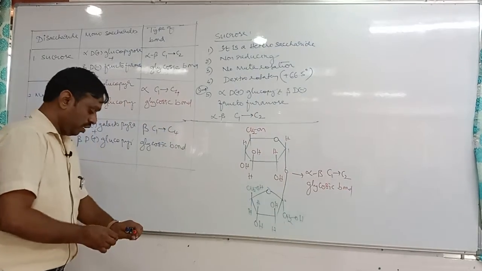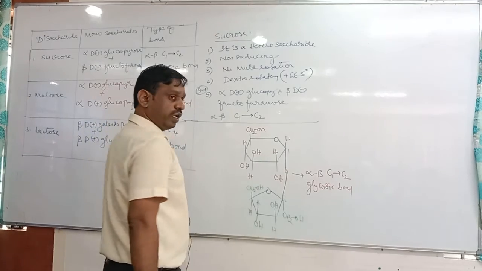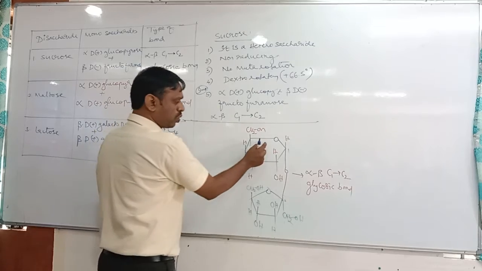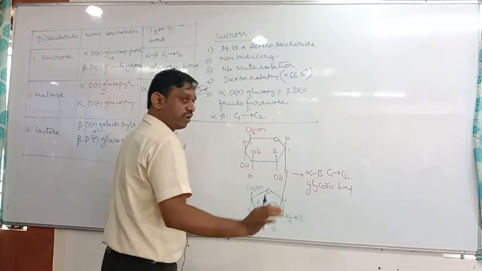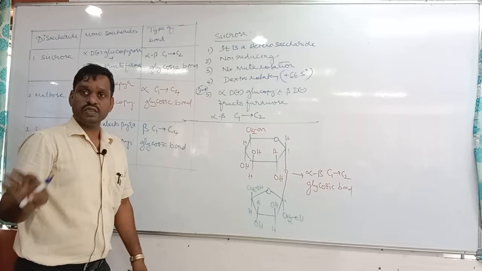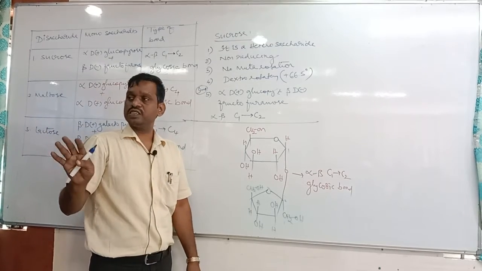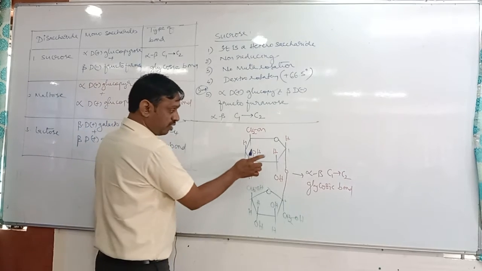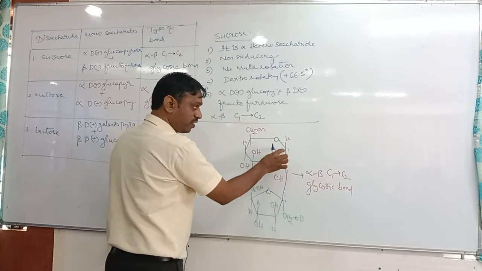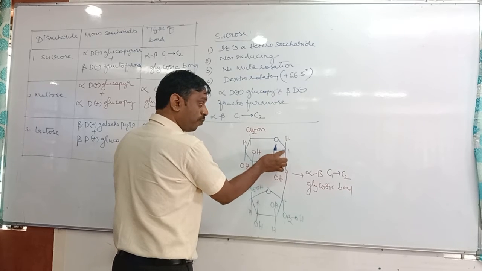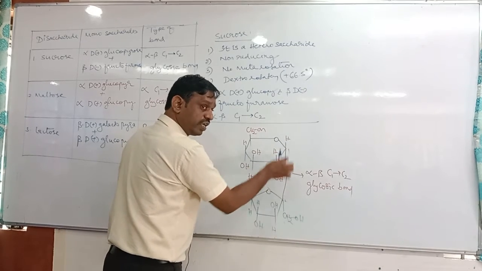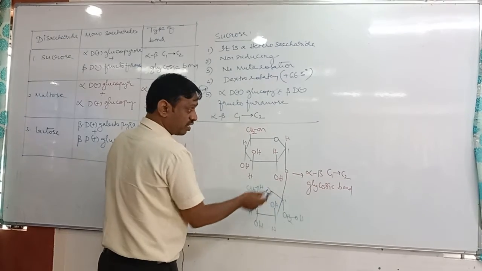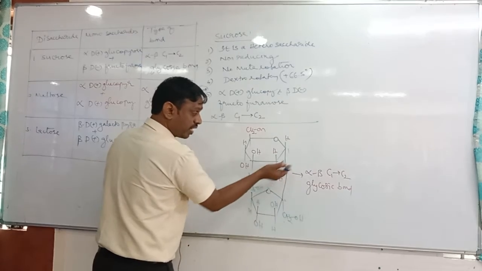Okay. Now tell me, in this molecule, which is the reducing unit? Tell me, whether this glucose is a reducing unit or not. The reducing property is because of the presence of a free aldehyde group. Now this glucose molecule had an aldehyde group. This aldehyde group OH is involved in what? Linkage. Linkage with what? Glycosidic bond. Since the glycosidic bond is formed, this glycosidic bond cannot be broken easily.